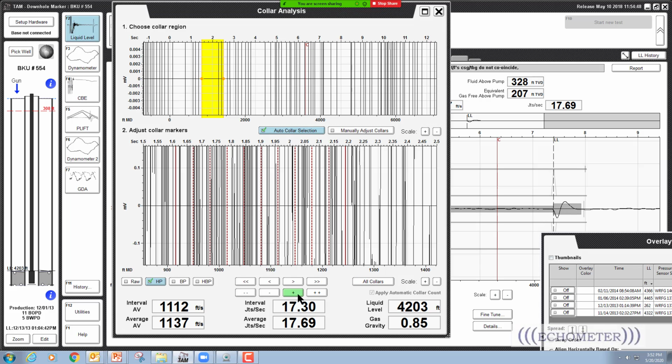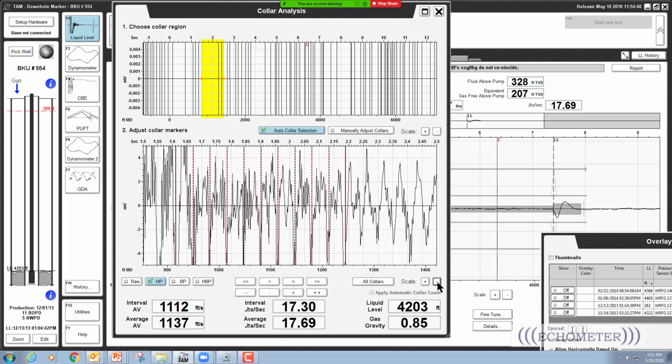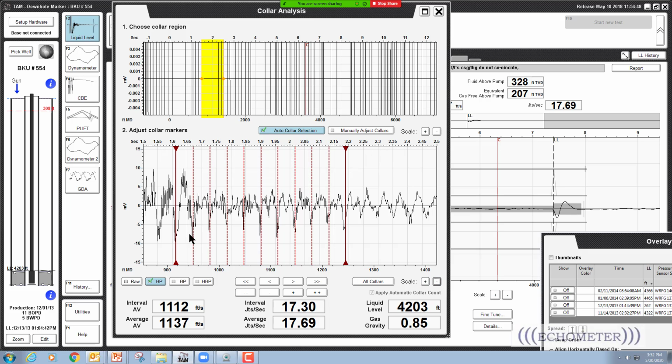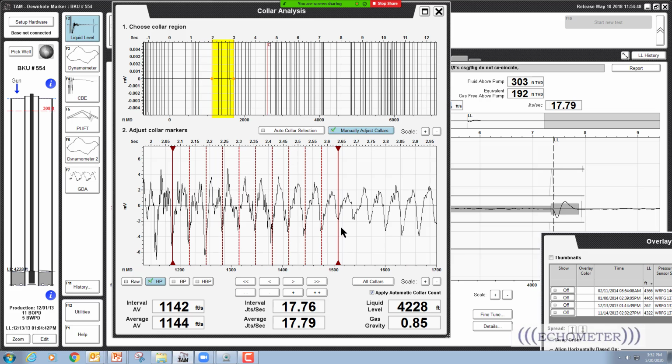Count the collars, scale it down. All right, so here's the collar count. The collars are easy to see on the casing shot. Now you can see them pretty well. So those are the tubing collars on the outside of the tubing. We get an acoustic velocity of around 1142,